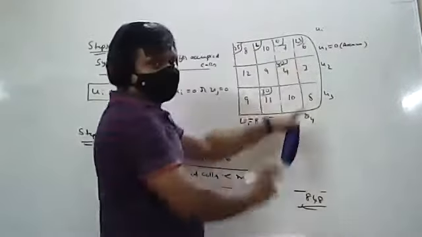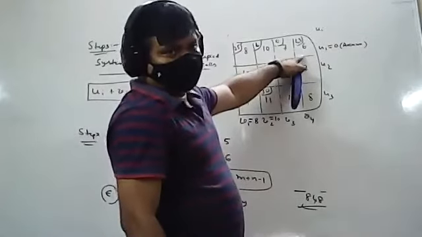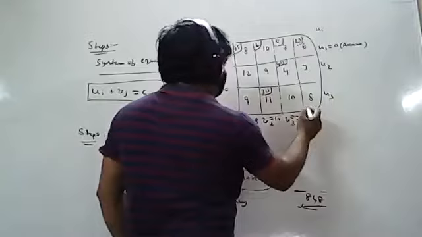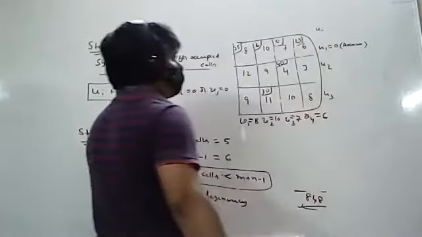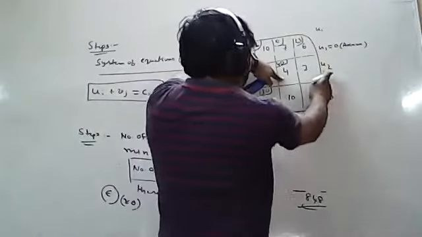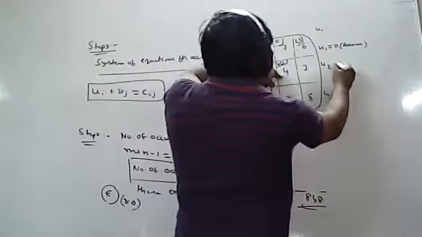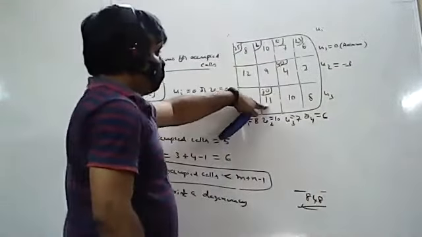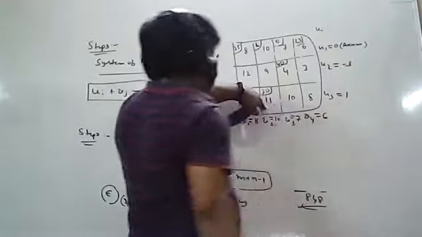Next is also occupied. Now this is occupied because you have solved the degeneracy. Occupied cell means 0 plus v3 equal to 7. So v3 equal to 7. Next, 0 plus v4 equal to 6. So v4 equal to 6. Next, I know this value, I can calculate. u2 plus 7 equal to 4. So u2 equal to 4 minus 7, which is minus 3. Next unoccupied, ignore. Occupied, you can calculate. u3 plus 10 equal to 11. So u3 equal to 11 minus 10, which is 1.